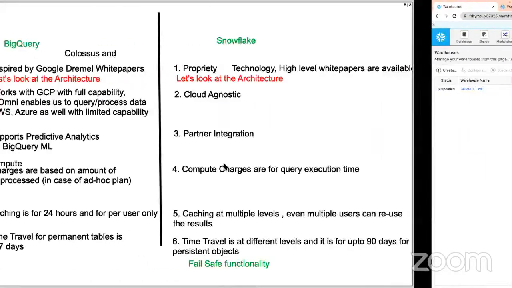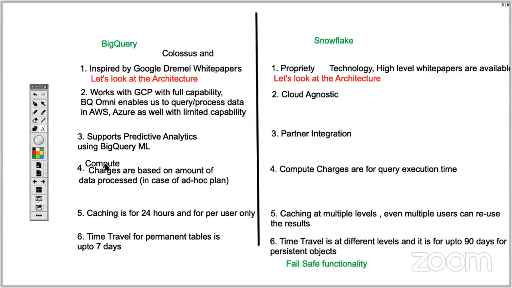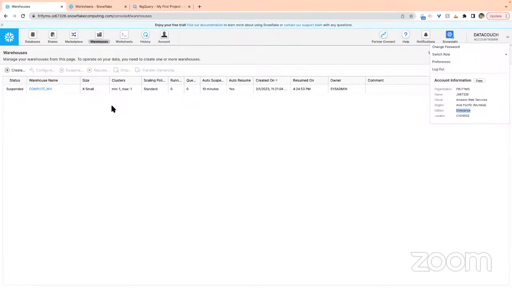Now coming back to the comparison. So you are clear that compute is something which is based on the amount of data processed, and another one is query execution time. But storage pricing is also there. And then there are serverless components within Snowflake. So please do have a look. Okay. So in Snowflake, when we execute a query, we have to have a virtual warehouse running, in case it is not coming from the result cache. Let's ignore that case. So we have to have the virtual warehouse running.